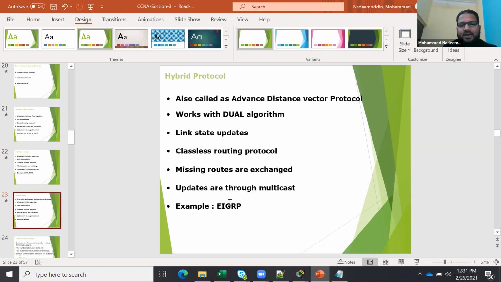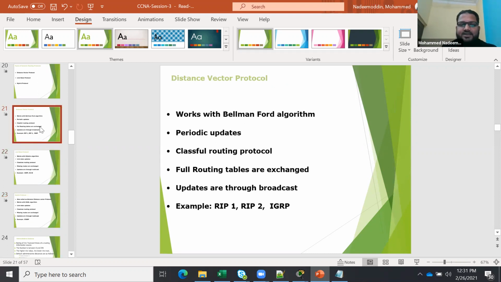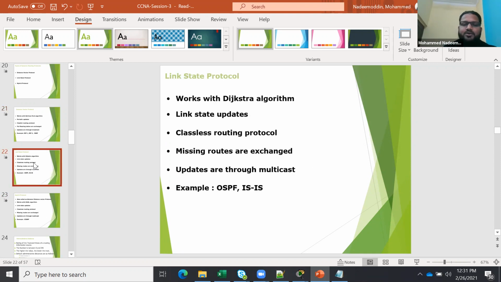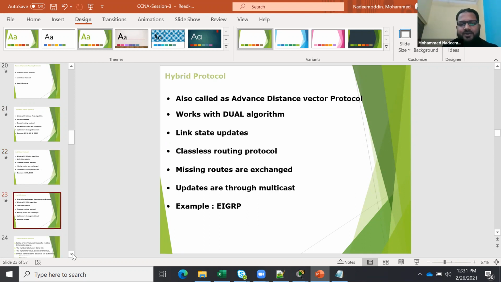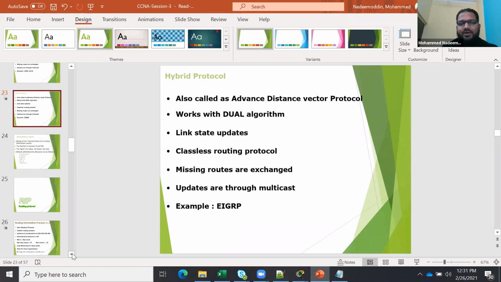Similarly, in the hybrid protocol, EIGRP, this is prepared by Cisco. And you know, it is a mixture of RIP and OSPF. It is one of the easiest protocols, EIGRP. OSPF is a complex one. RIP is simple, but it doesn't have that feature. It is limited. You can connect only small topologies with RIP. But OSPF you can use for larger topologies, but the topologies will be a bit complex. But EIGRP is very simple and very useful. The disadvantage of EIGRP is that it is Cisco proprietary, only Cisco to Cisco. If you have a Juniper environment, you cannot use that.